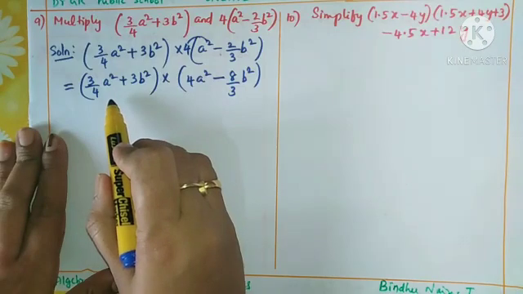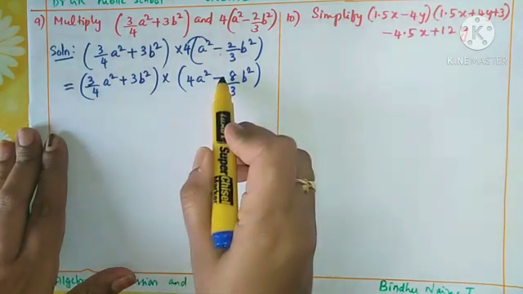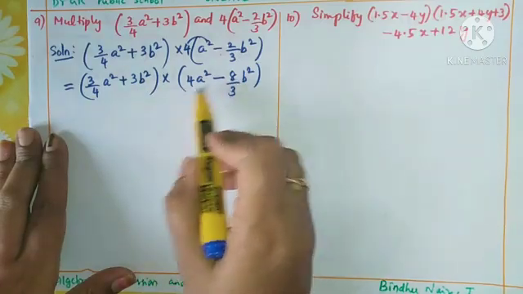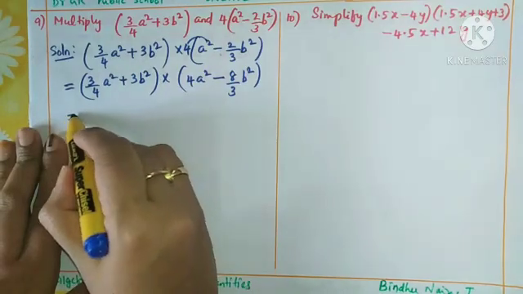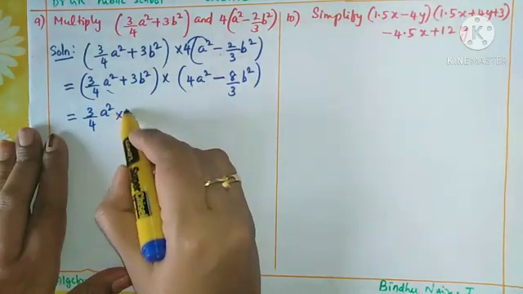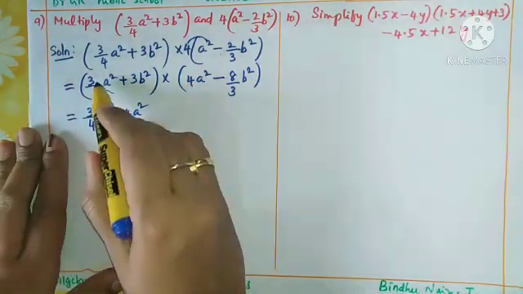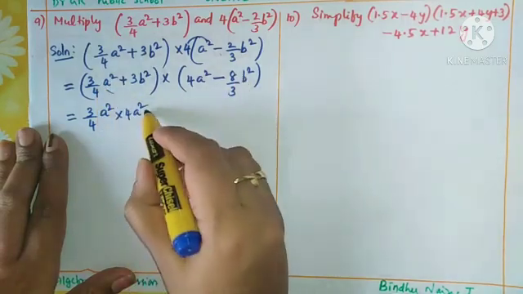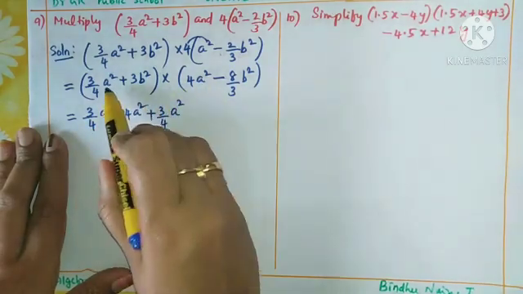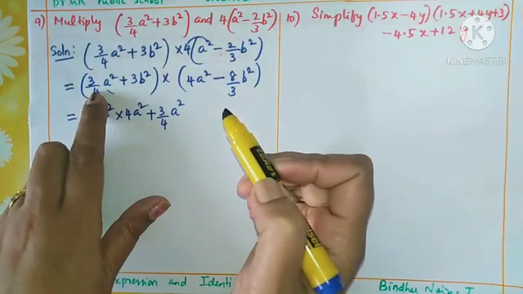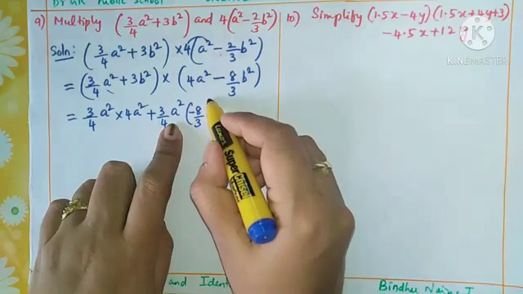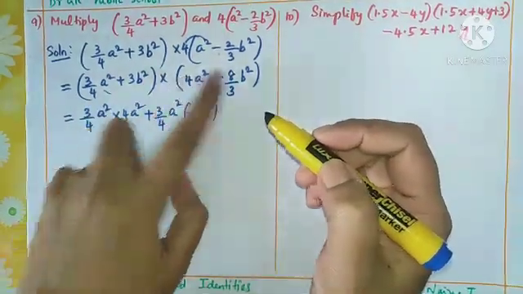Now how to multiply, children? Take the first term and multiply by the two terms here. Then second term multiply by the two terms. Okay, or you can apply FOIL method also. So that is equal to 3 by 4A square first term into 4A square first term. Right? Now first term into this one, that is 3 by 4A square into, after multiplying this, you want to see the sign, here minus is there, so minus 8 by 3 B square. Do carefully. So first term multiplications over.